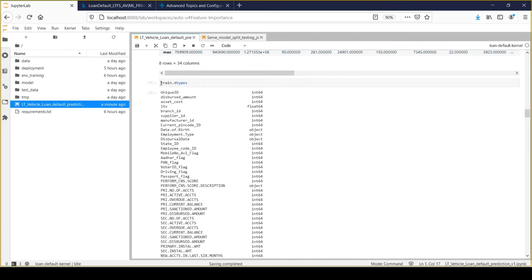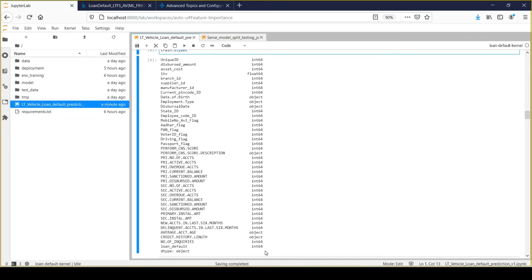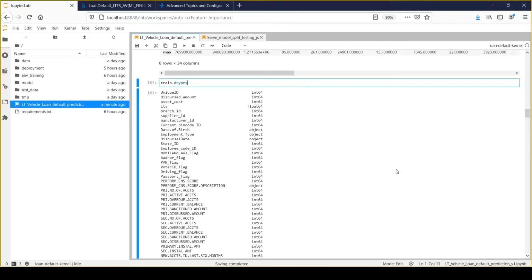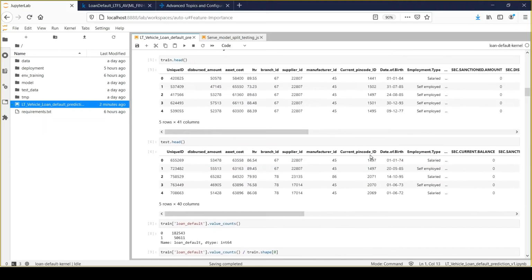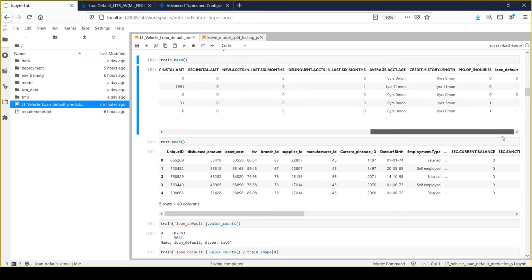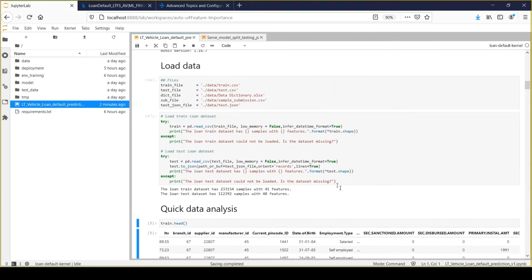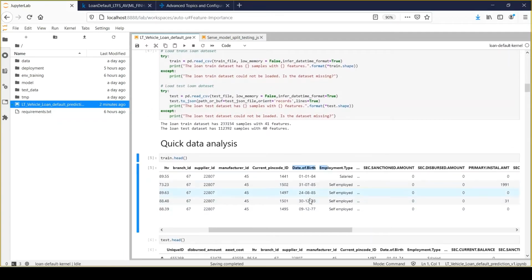Okay. And now we'll quickly perform the data type analysis. What type of data it has, and you can see that we have a mix of int, float, and object category. And if you look at date of birth, take that as an example. Date of birth has been defined as object. But if you look at the date of birth field, it looks like a datetime field. It's not a string representation. We need to infer that column as datetime.